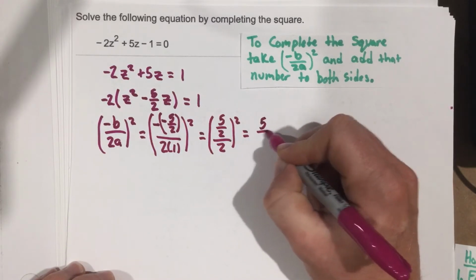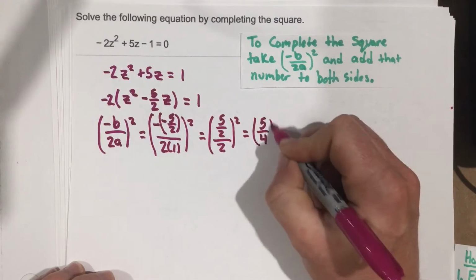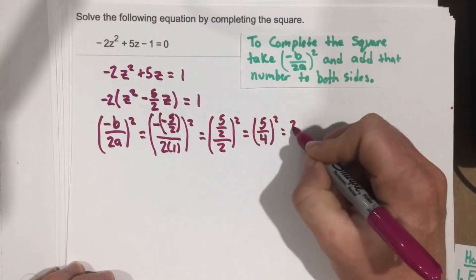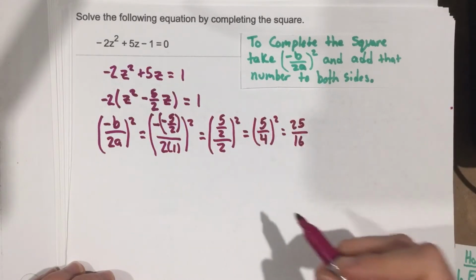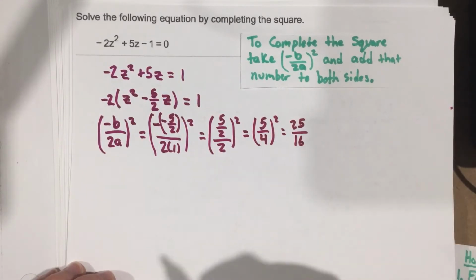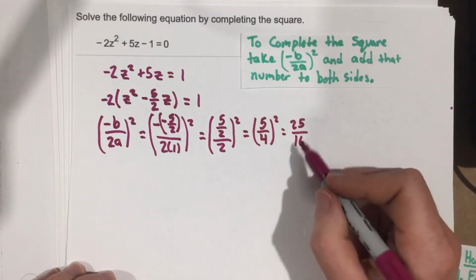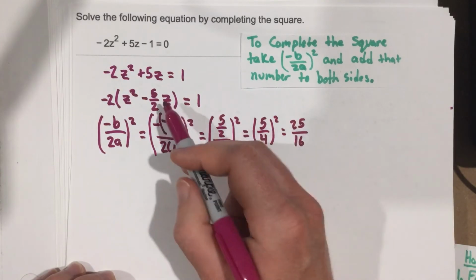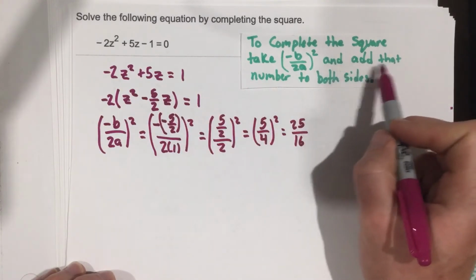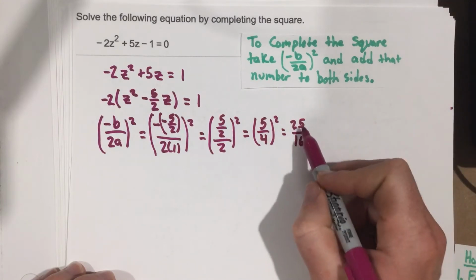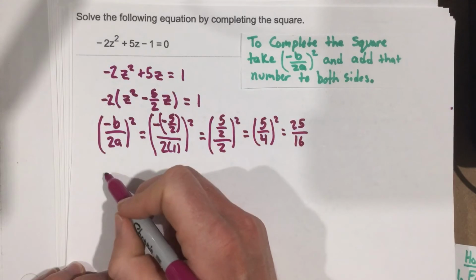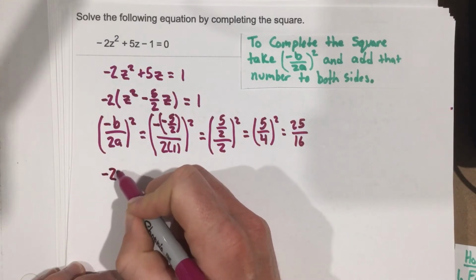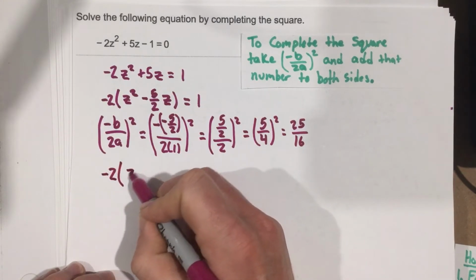So 5 over 4 squared, which ends up being 25 over 16 when you square the top, 5 times 5, and when you square the bottom, 4 times 4, 25 over 16. So I'm going to add in 25 over 16 on each side. That's what it says, add that number to both sides. But I'm adding 25 over 16 inside these parentheses, so we've got to do something just a little different with that. So -2, we have z squared